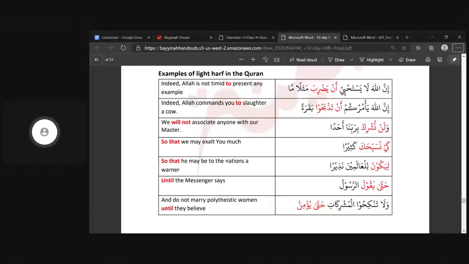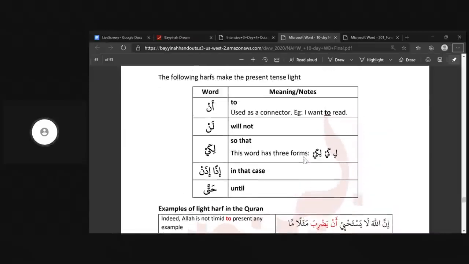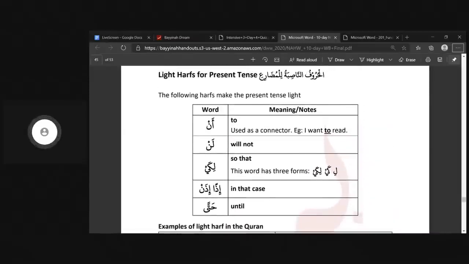And I guess while we're here, because today's quiz is on light and lightest, we can go over light and lightest. So a present tense fi'l, present tense only. Keep that in mind. A present tense fi'l can be normal, it can also be light, and it can also be lightest. Just like for isms, we had rafa', nasab, and jar, and we said that the normal is rafa', then we have reasons for making it nasab, and we have reasons for making it jar. We have the harf nasab to make it nasab, and we have the harf jar to make it jar. In present tense fi'ls, we have a similar concept. We have normal, then